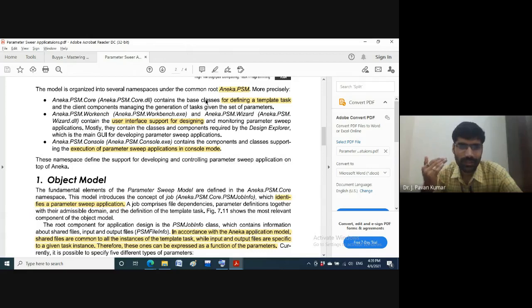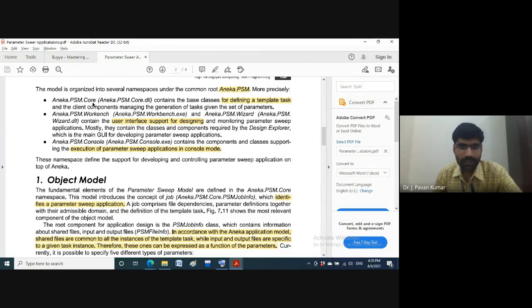We have the convention called package, or we can say namespace. There are three namespaces we will be having under the common root called aneka.psm. This is the common root. Under this we have the sub namespace or sub package, like aneka.psm.core.